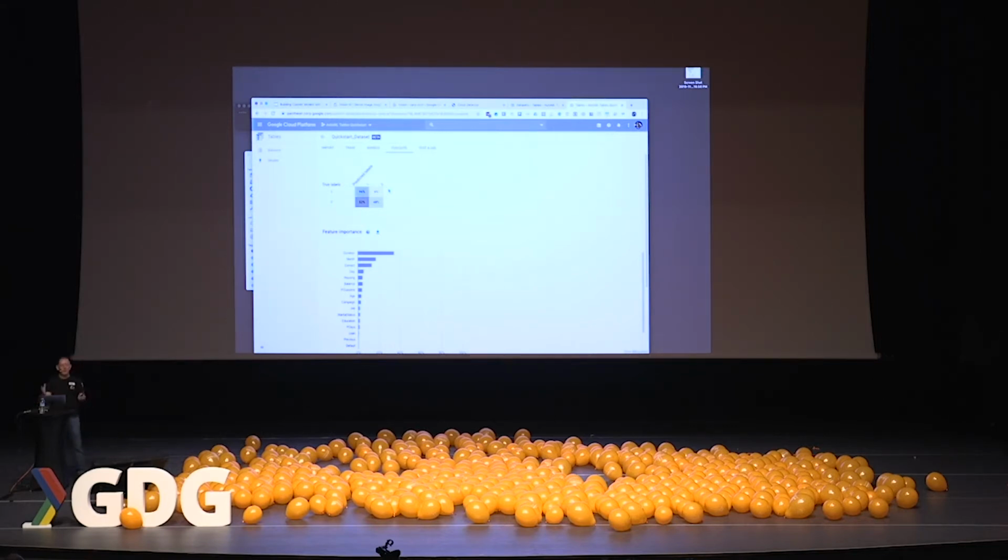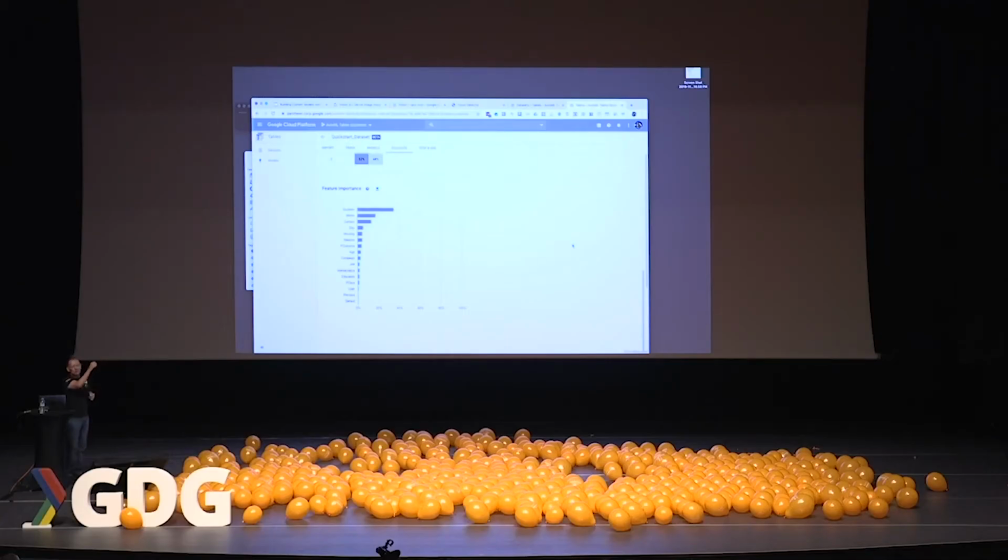Another great example of how you want to make sure you're matching your data to the model you want to be able to predict. Then down here, this shows feature importance. This shows which of the features of your data set are most highly correlated with the prediction you want to make. In this case, duration, how long the person has had an account, is the most important feature in determining whether someone is going to make a deposit or not.